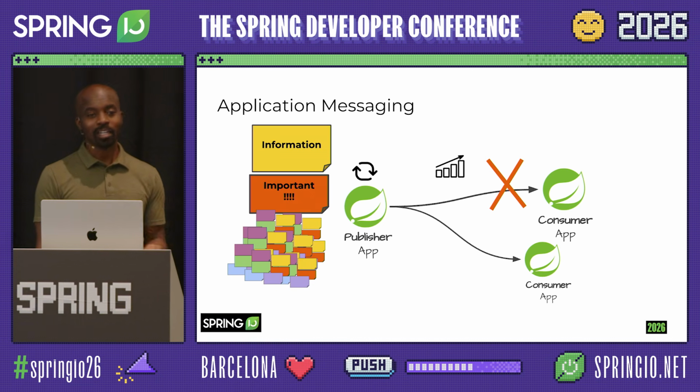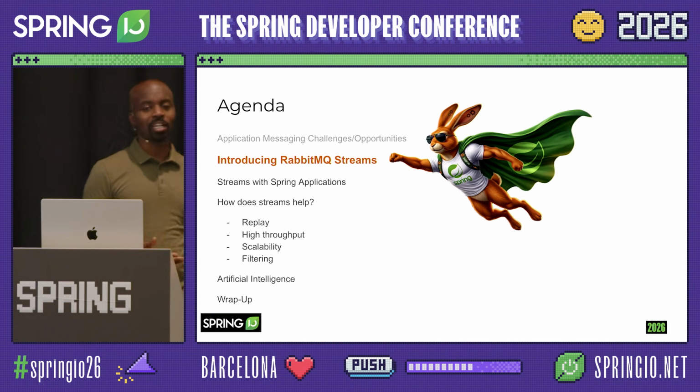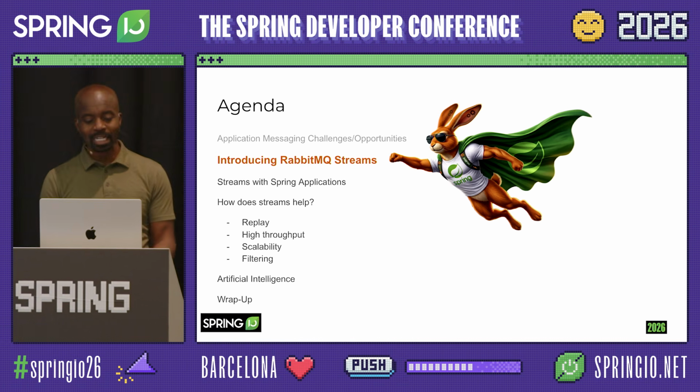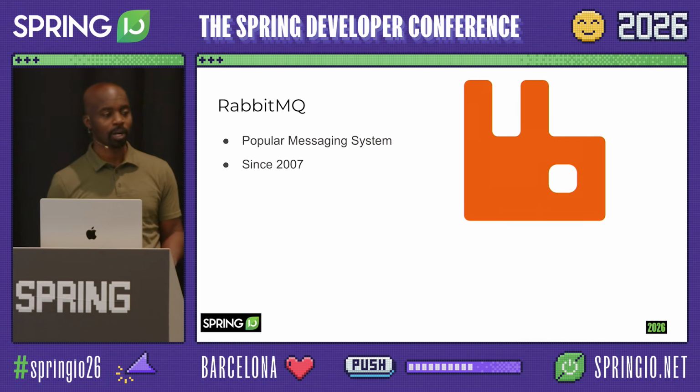So I always advocate, instead of putting all of these application messaging concerns into your applications, you should delegate it to a messaging system like RabbitMQ, and I'm going to get into RabbitMQ Streams, but I want to start